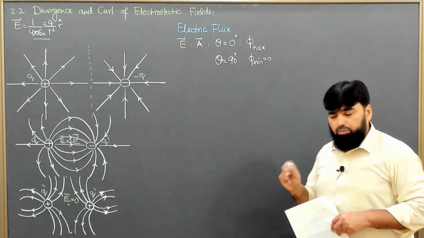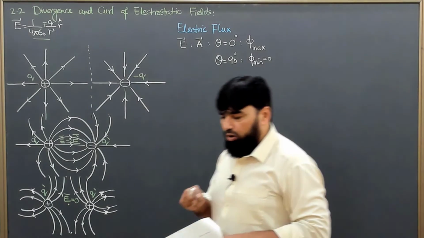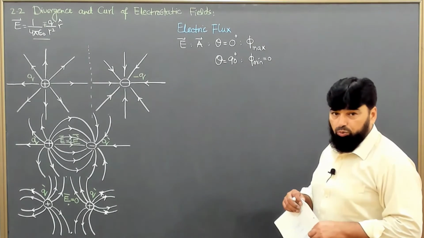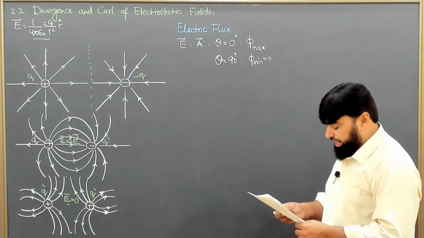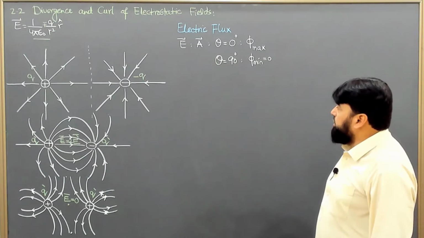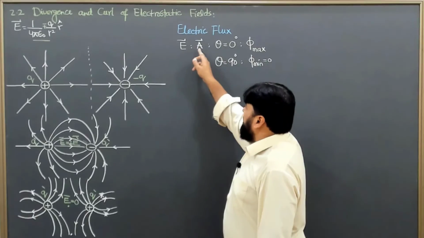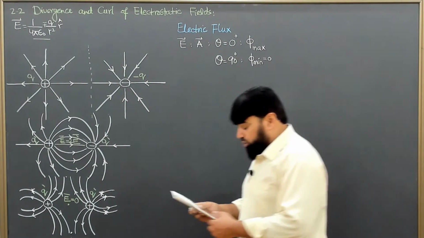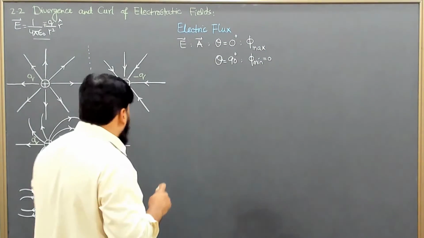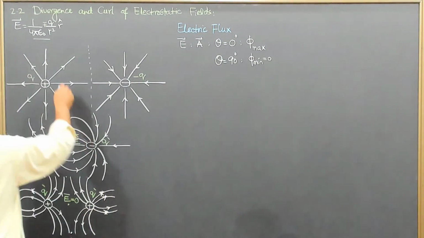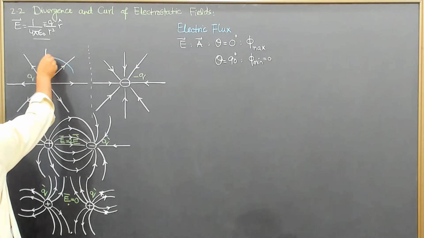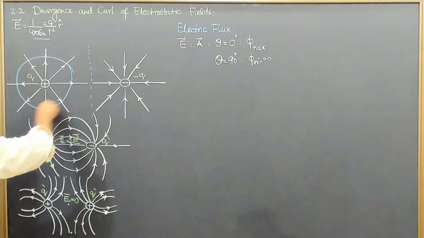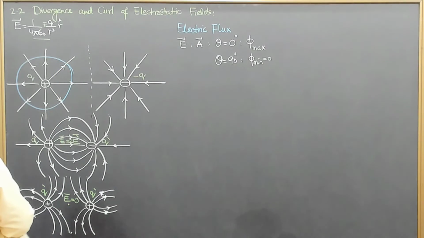Maximum can be any number. It will not have a direction, it will be just a magnitude, a number, and we will represent it with two physical quantities here, one the electric field and the other the area. Then the question arises: for example, if around this surface I consider a sphere,